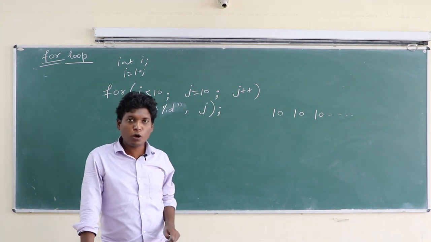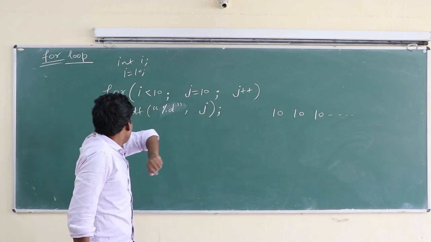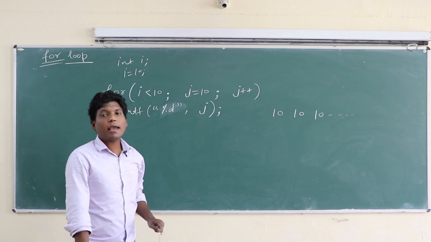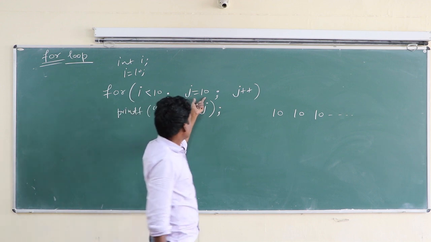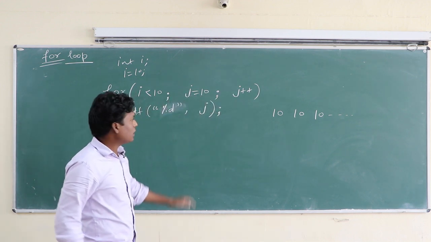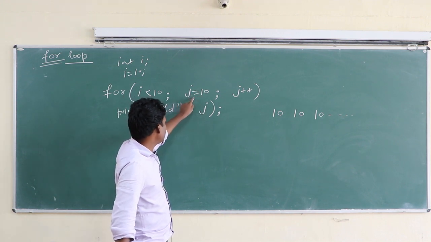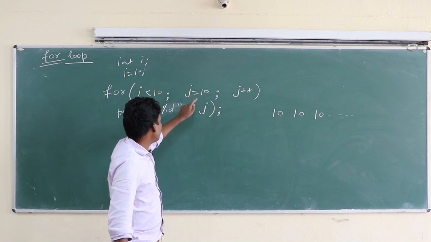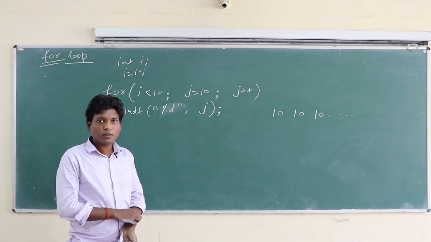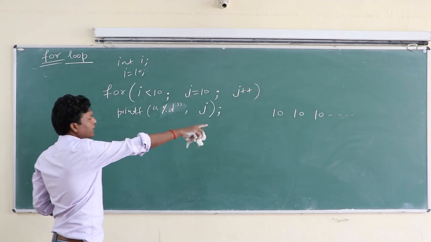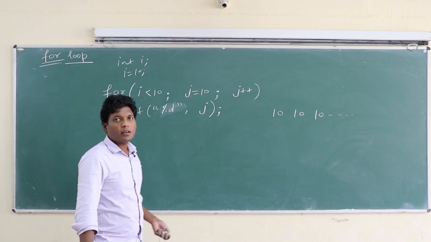Okay, so there are 3 sections in a for loop: variable initialization, condition, and increment or decrement. Any section of the for loop can be replaced by a valid expression. So this is a valid expression, this is a valid expression, no problem. And j always has value 10, updated value 10. 10 is non-zero, and it is always true. That's why this printf executes infinite times. So 10 will be printed infinite times, or until the memory fills or the system crashes.